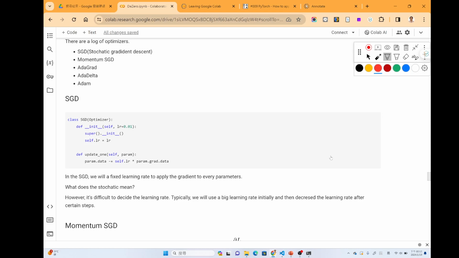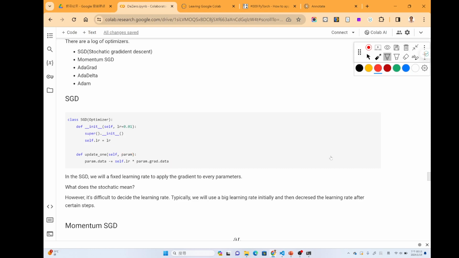In this class, we have an extra argument called LR, which is the learning rate, and we just remember the learning rate. Then for the update one function, we use the simplest rule: multiply the learning rate with the gradient data and use this to update the value of the parameters.